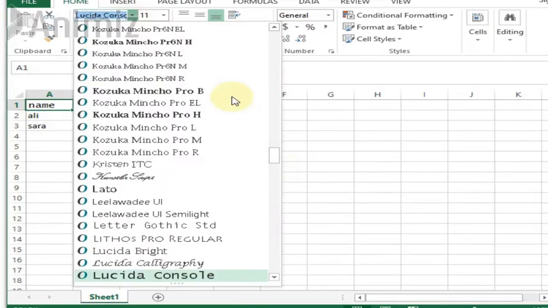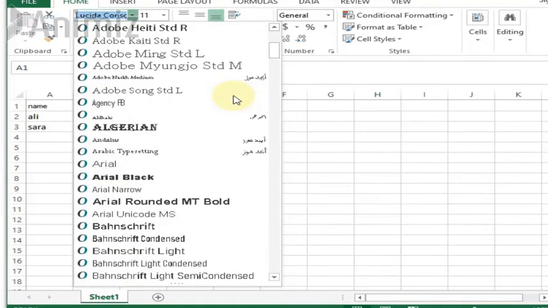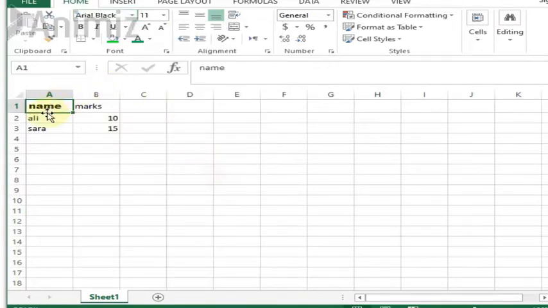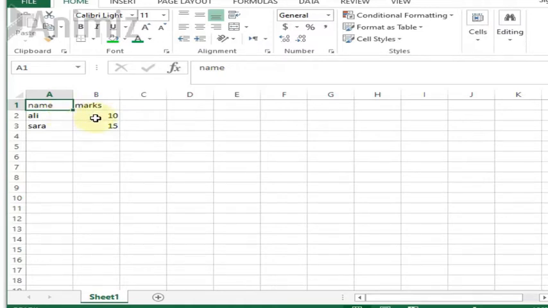If I select this, now you can see that it has become more black, more bold. So you can change whatever style that suits you, whatever writing suits you. You can just change the writing style from this particular button.